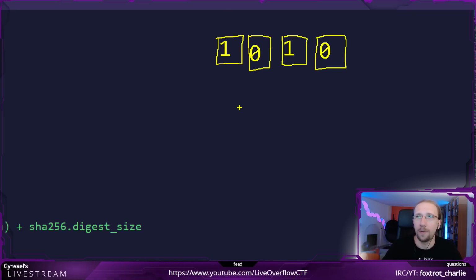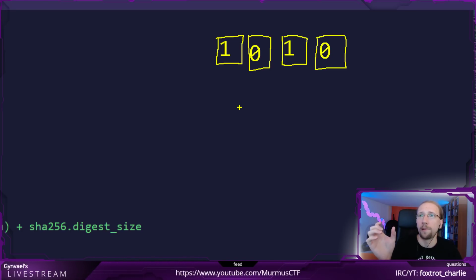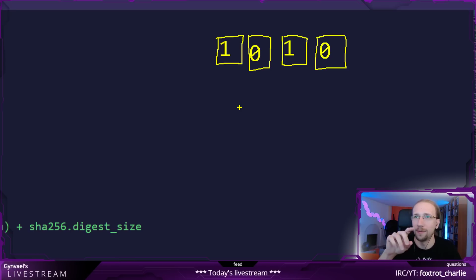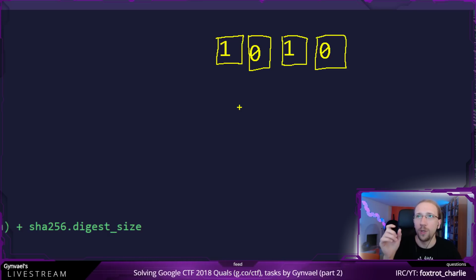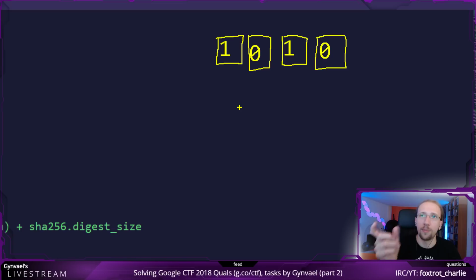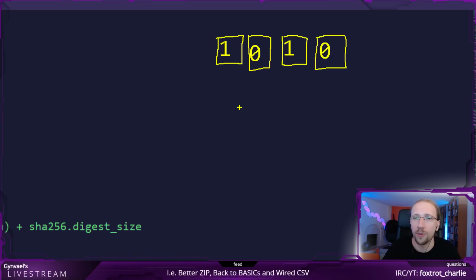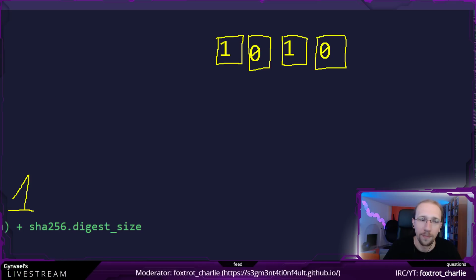Now, this is the register. Again, the name is linear feedback shift register. So this is the register part. Now, if you want to actually get a number out of it, what you do is you grab the most significant bit. In this case, it would be a 1. So 1 is our random number.